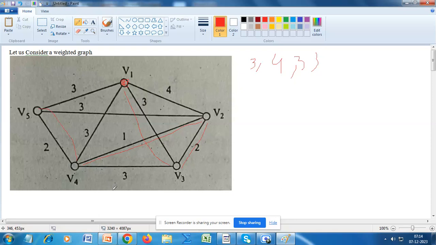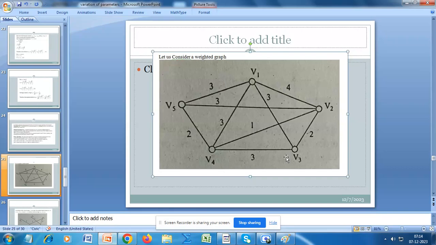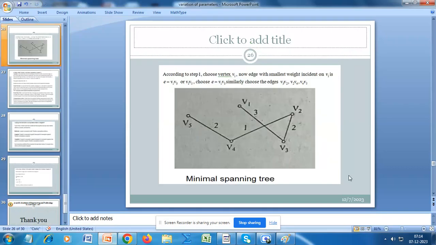Okay, now I visited all the vertices. When I visit all the vertices, then you stop. So finally we have a graph like this. So this is a minimal spanning tree, and minimum weight is